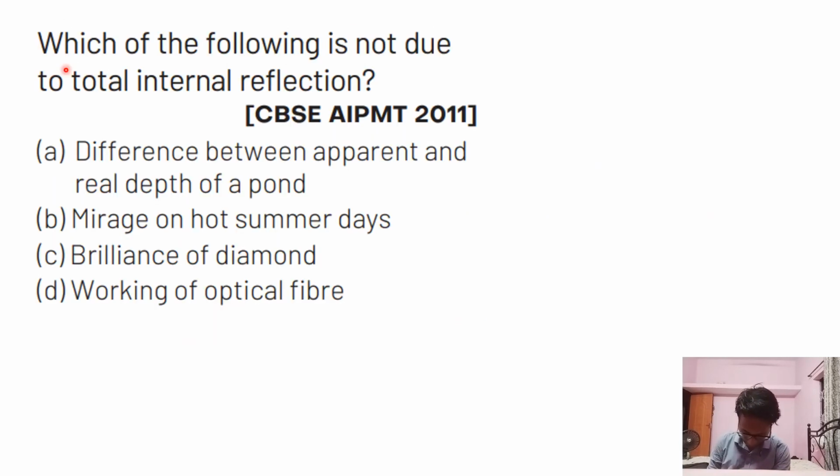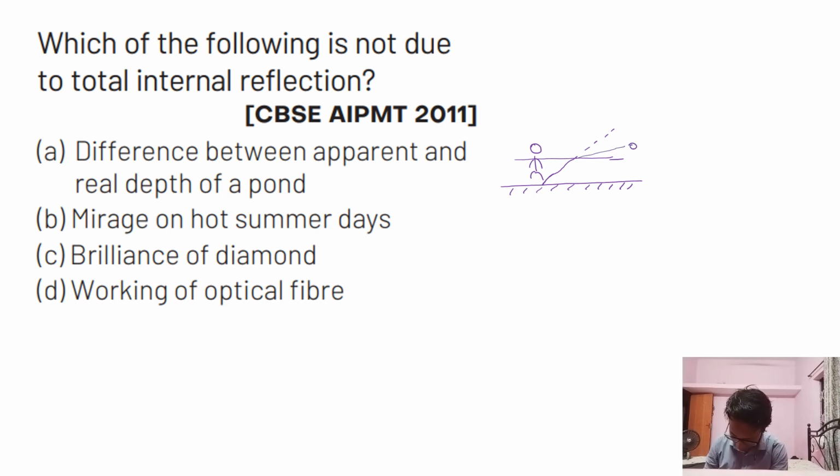Now let's read this question. Which of the following is not due to total internal reflection? Okay. Difference between apparent depth and real depth. Have you seen a person appearing shorter that is inside a pond? That means if the person is inside a swimming pool or a pond, this person will appear shorter. Why? Because the ray of light that is supposed to travel straight is bending out here, and the observer